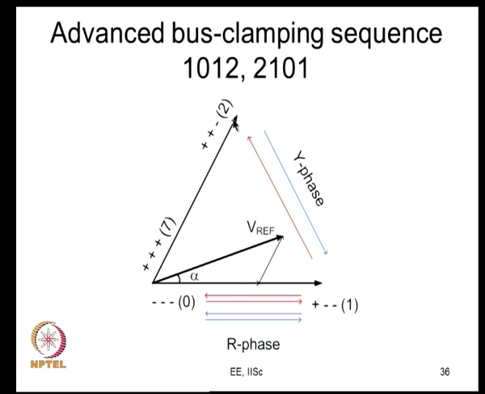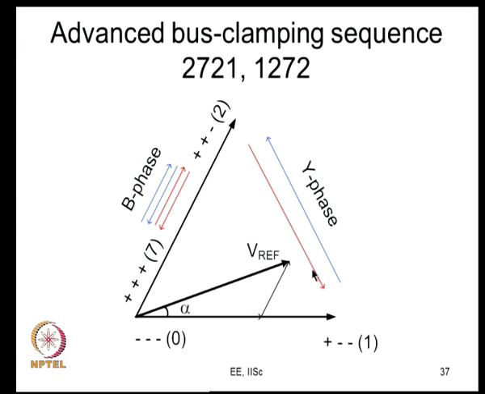The same way you can also look at 2 7 2 1, that is what is illustrated here. You stay here for t2 by 2 seconds, go here, stay for tz seconds, go back and spend t2 by 2 seconds here and go here and stay here for t1 seconds. So, you are going to get the same reference vector, but now the sequence is 2 7 2 1, and you can also do 1 2 7 2 in the next subcycle. So, you can use these two sequences in alternate subcycles. So, you have these special sequences which switch twice.